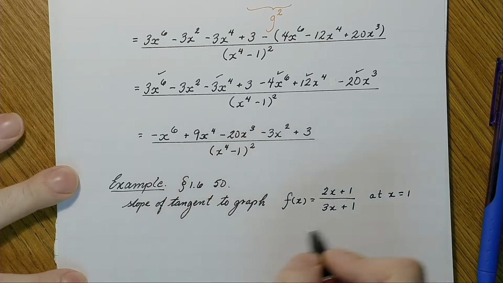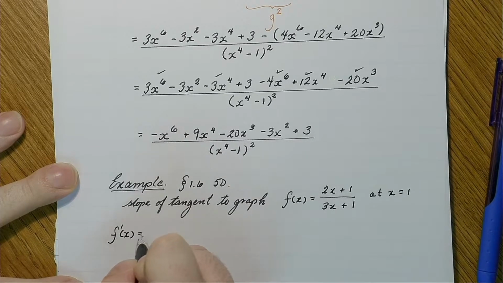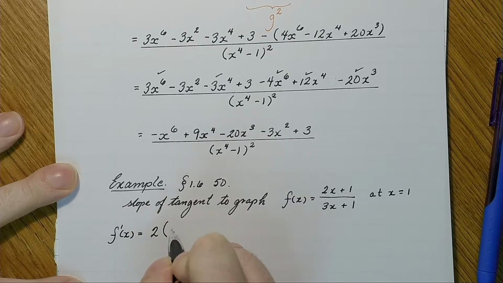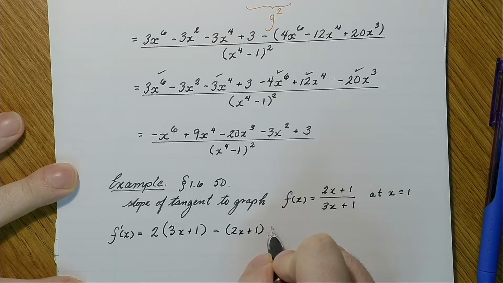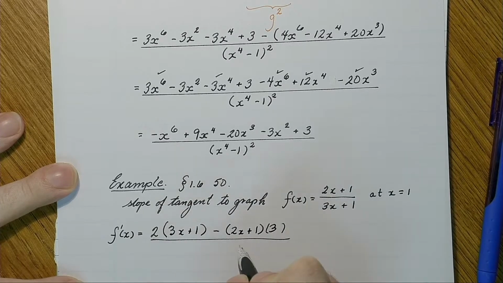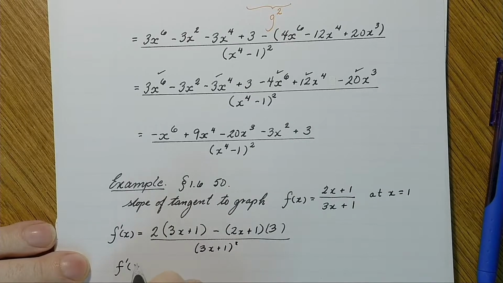So this is a quotient function, so we're going to be using the quotient rule. Again, start the clock. The top derivative is 2, and then we multiply by the bottom function unchanged minus the top function times the derivative of the bottom, and that's just 3, all divided by (3x plus 1) squared. That's just using our rule. Then substituting in our 1, we get